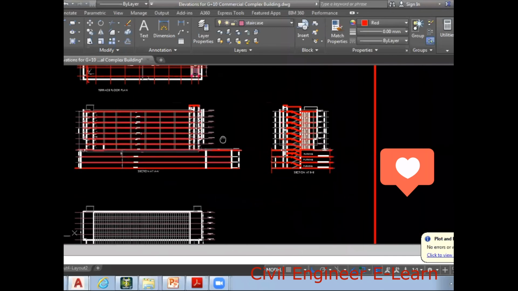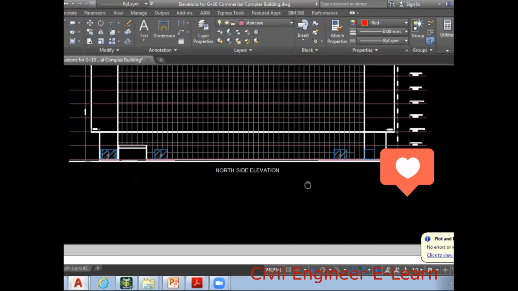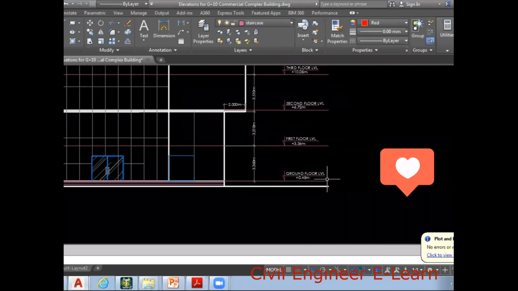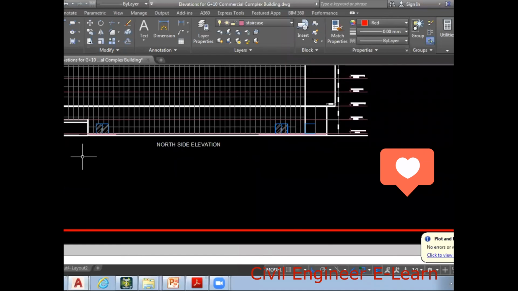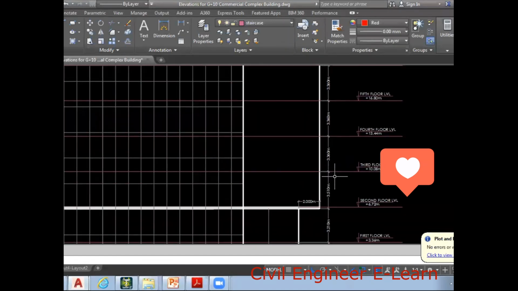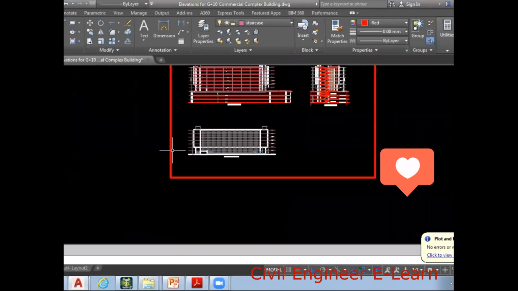So this is the long section and this is the cross section, and this is the north side elevation. This is a north side elevation, which means the details are given from the ground level only. See here, we don't have any kind of detail. Basement details are not mentioned here because it is an elevation. Elevation means the projected surface above the ground, right? So here it is a north elevation. Here we have again floors and floor to floor height, and everything is given in this picture, right? So this is the elevation.